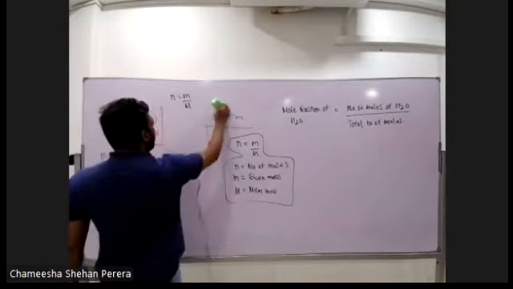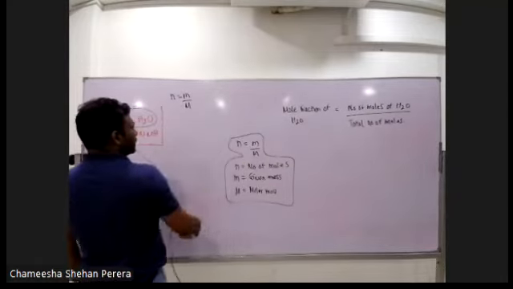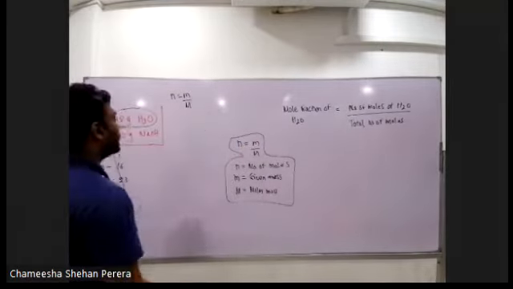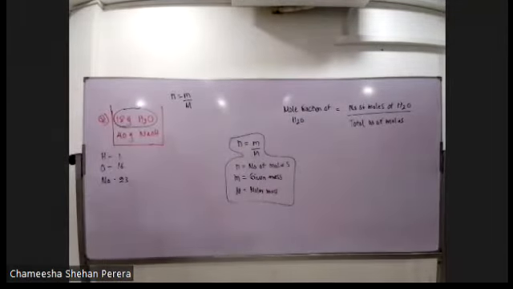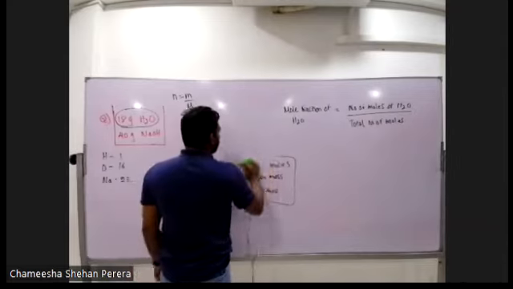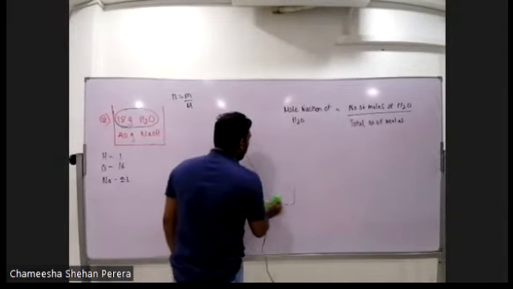n equals M over m. Small m is the given mass, and capital M is the molar mass, and n tells you the number of moles. Right. Now, by using this equation, Upeka, we need to find out how many moles will be